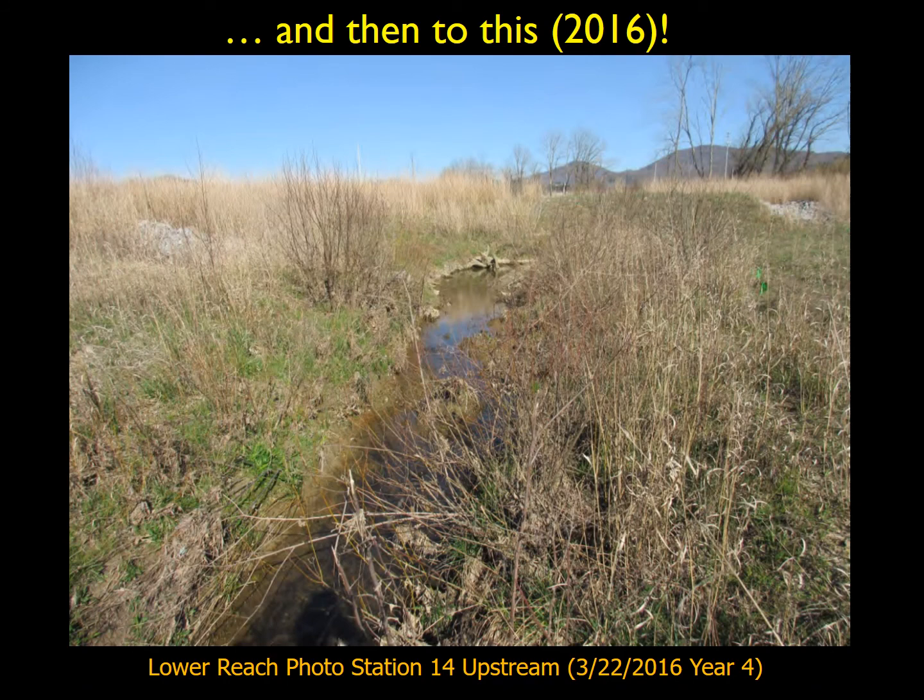Now in 2016, it looked a little bit like this. And so this is in year 4 of the restoration. Of course, you don't have any trees or anything established there, but we're getting a little bit of vegetation that is starting to resemble perhaps a natural stream bank in some ways, and at the very least is providing root biomass and things to hold those banks together and reduce sediment input.